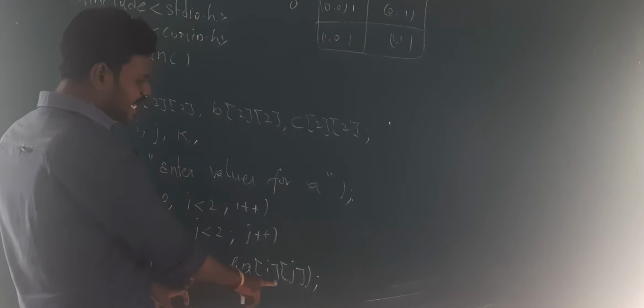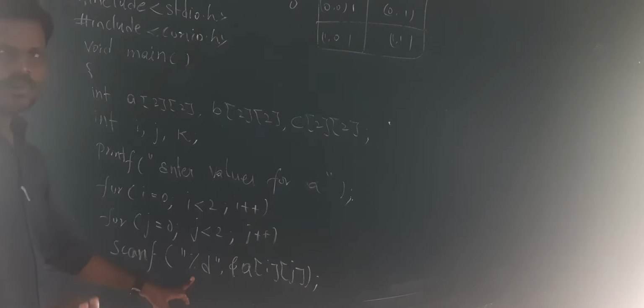Scanf, whatever value you want to enter, I want to enter 1. I have taken 1. Where have I placed it? At i and j, where i is 0 and j is 0. At the 0th position I have placed 1. I hope it is clear. Right, now I will be incrementing the value of j. Why? Because it is the inner loop. I need to complete this and then go for the outer one. j plus plus means j will become 1. 1 less than 2, yes, it is true.